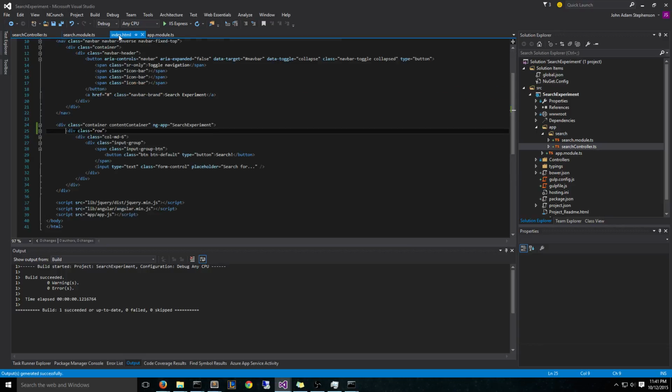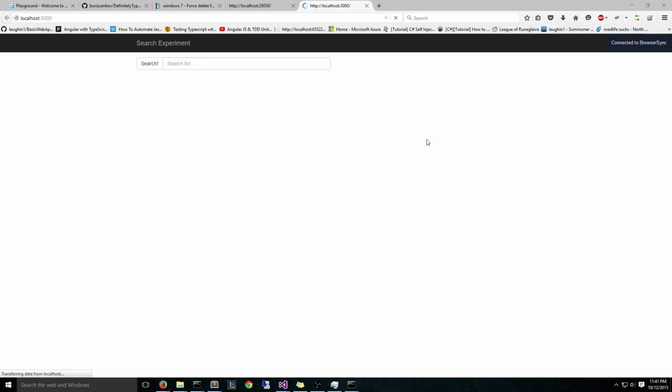So then going back to index.html, on line 25, I'm going to add an ng controller, which is going to be called search controller, and I'm going to alias it as VM. And then what I'm going to do is go ng model is VM dot, what did I call it? Query, I believe. So if I go back to our page,